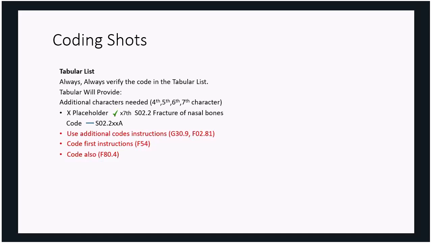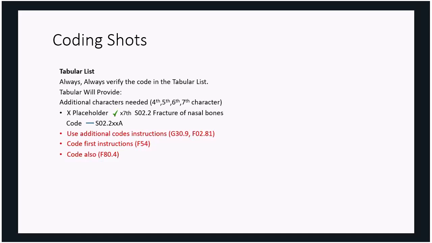Let's look at this example. I want you to go in the tabular to S02.2, fracture of the nasal bones. You'll see to the left of that code, check X 7th character. This indicates to you that this code is not complete unless there are 7 characters. So the correct code would look like this: